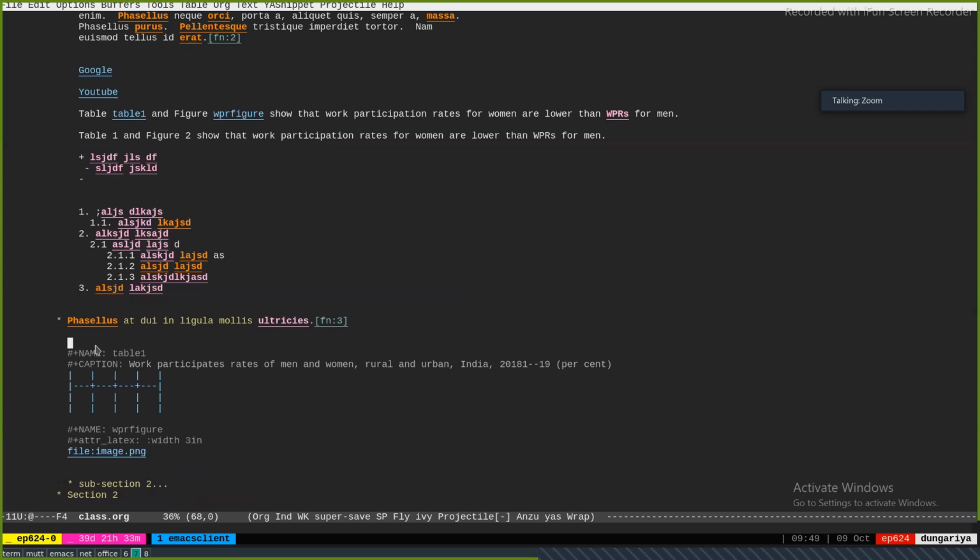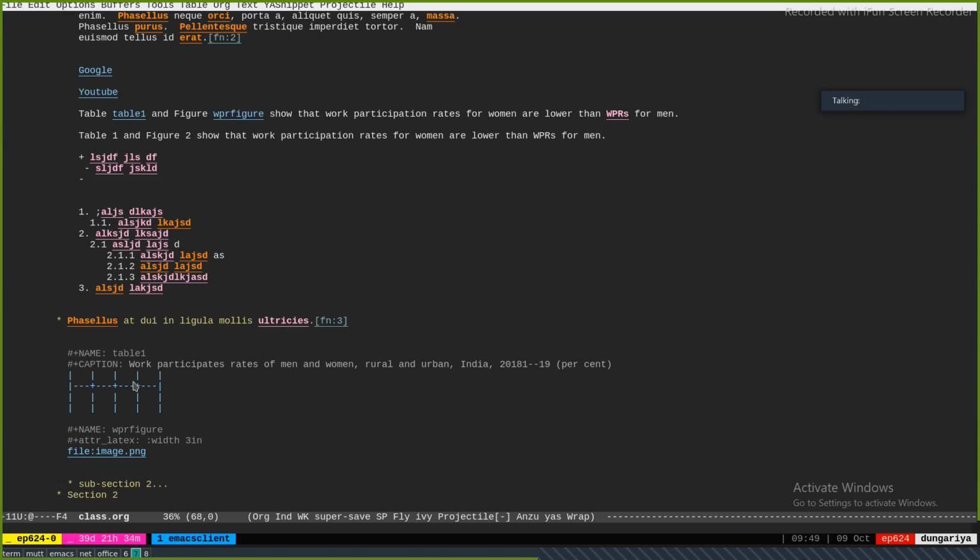Now, the basic rule. LaTeX has a rather complex algorithm for placement of the table. In the final output, this table will not be placed exactly here.